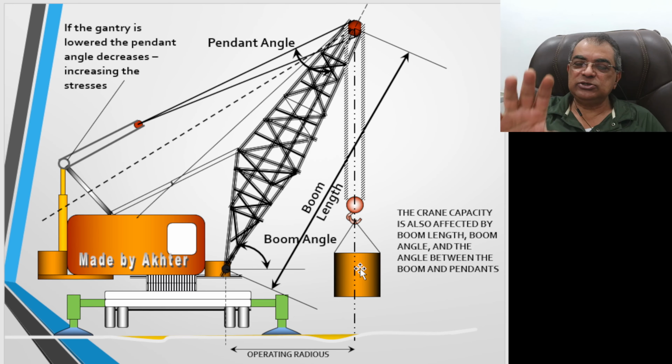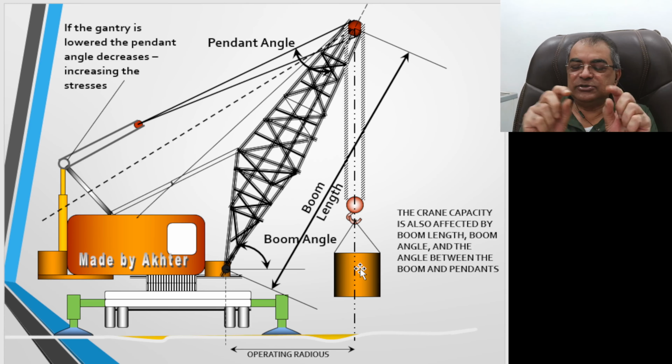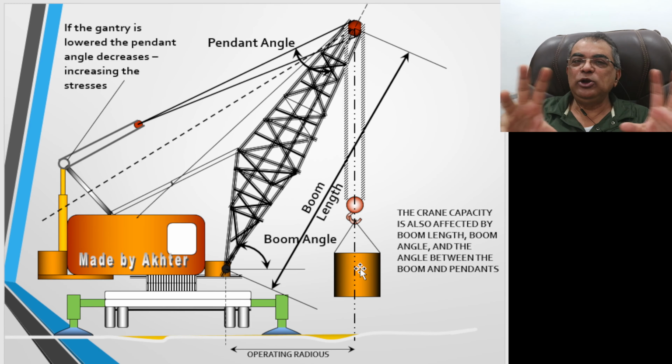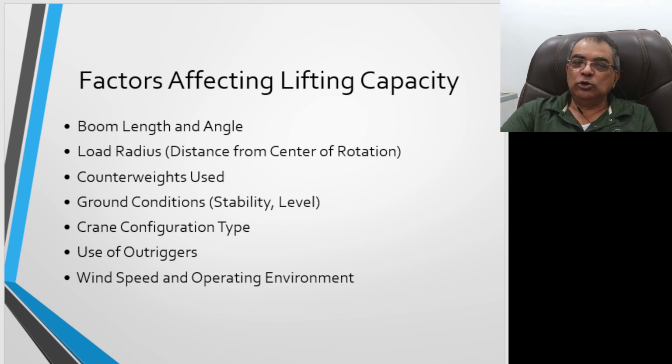So these are the factors that decide the lifting capacity of the crane at a different lifting configuration. Okay, I will explain why. Because a 120-ton crane cannot lift even 12 tons at a certain configuration, as I will show you now. So what are the factors affecting, as I have explained? Boom length and angle,